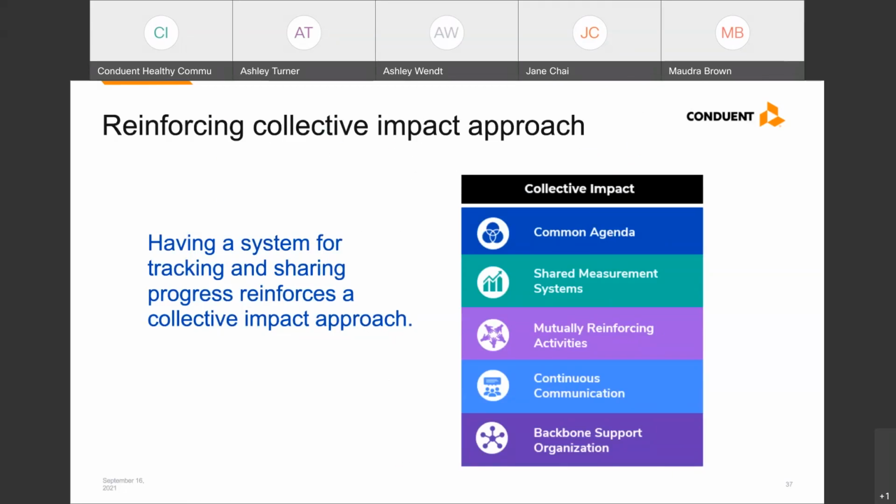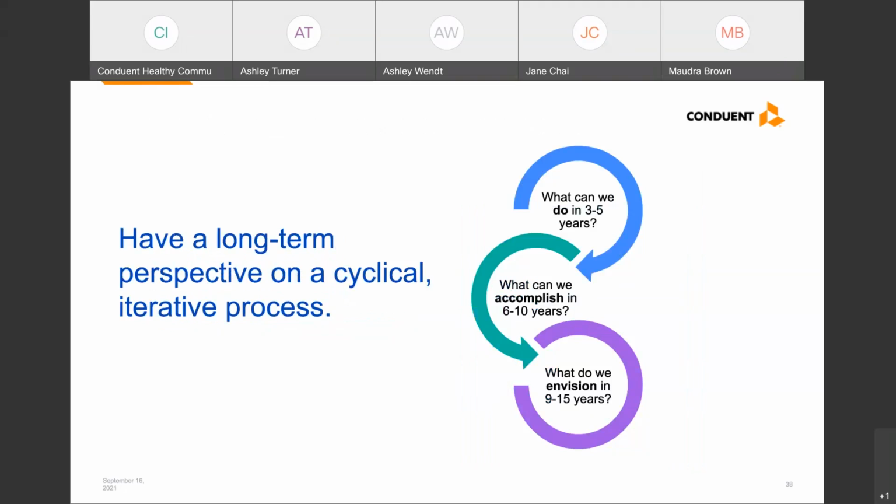We really want to applaud you for looking for ways to meaningfully track your impact as an organization. We know this process can feel daunting and very overwhelming. We encourage you to take a long-term perspective. We found that it does take a lot of time for communities to learn from their progress, and each cycle builds on itself. So know that you're rarely starting from scratch. Over time, your learnings will move you toward long-term change and improvement. If you're still feeling like you need expert guidance, please don't hesitate to reach out to us.